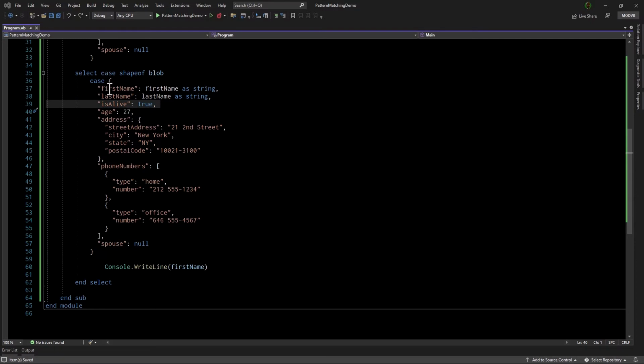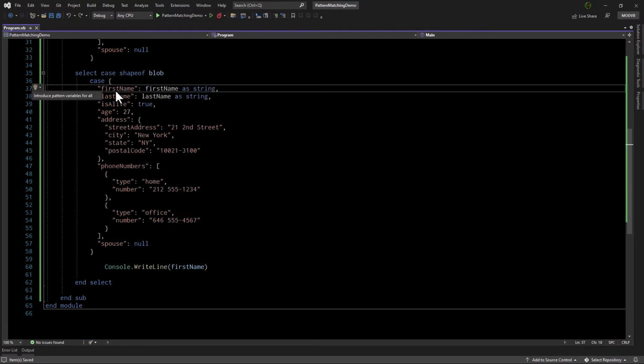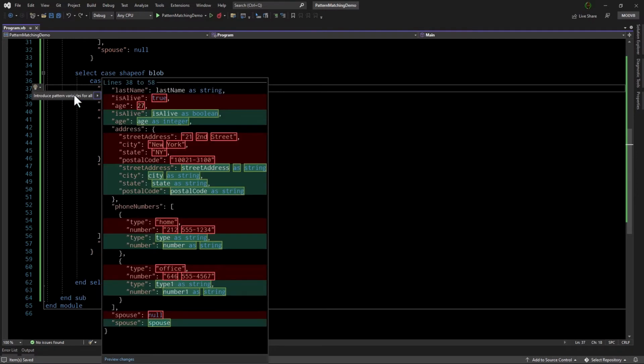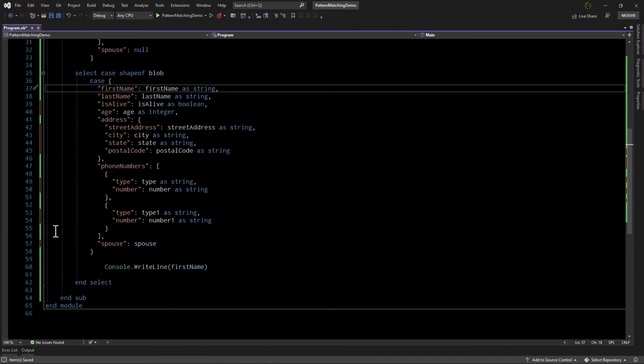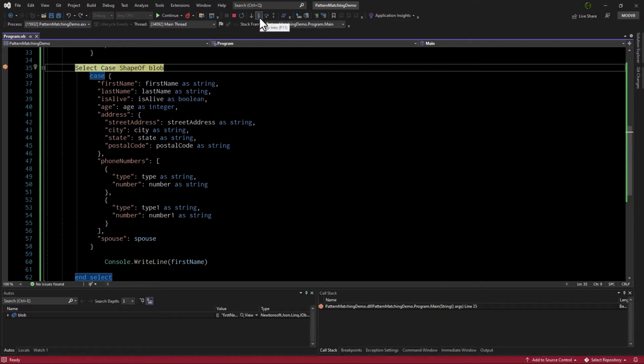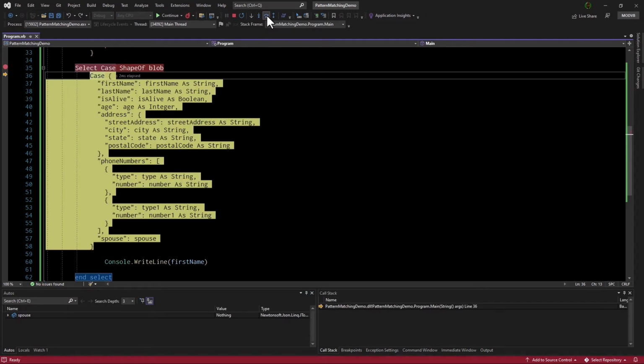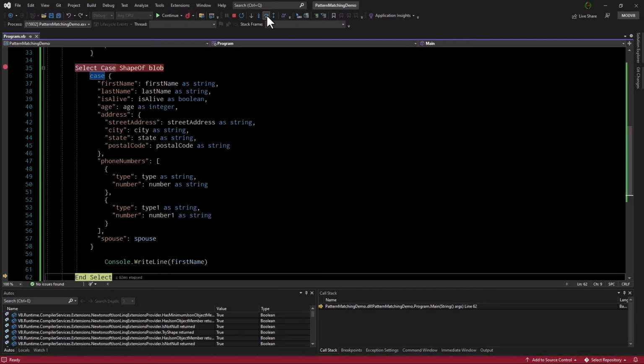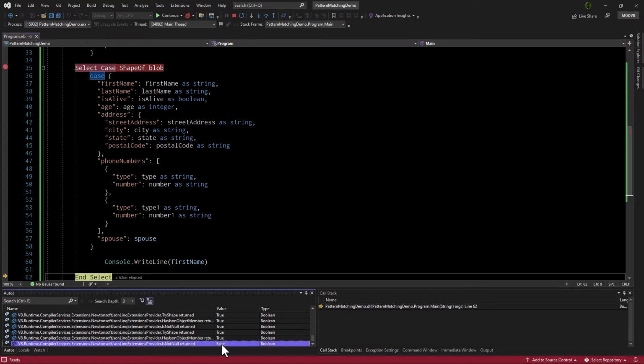I can also templatize the entire pattern at once. Let's run this. Stepping through the code with the Visual Studio Debugger, I can actually see the various helper methods being called to evaluate the pattern. I can see the return values of those helpers to understand why a match succeeded or failed. Here it says that a call to isNotNull returned false.